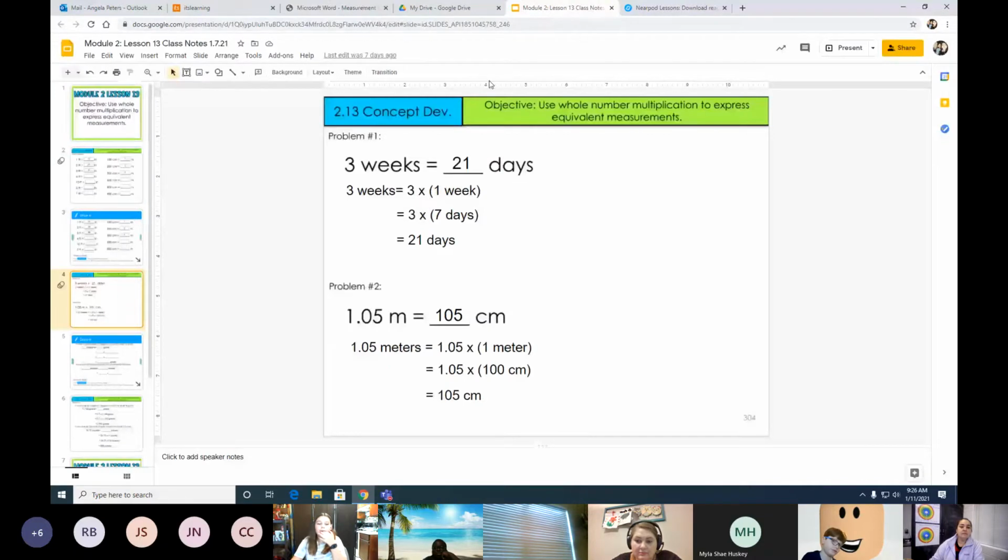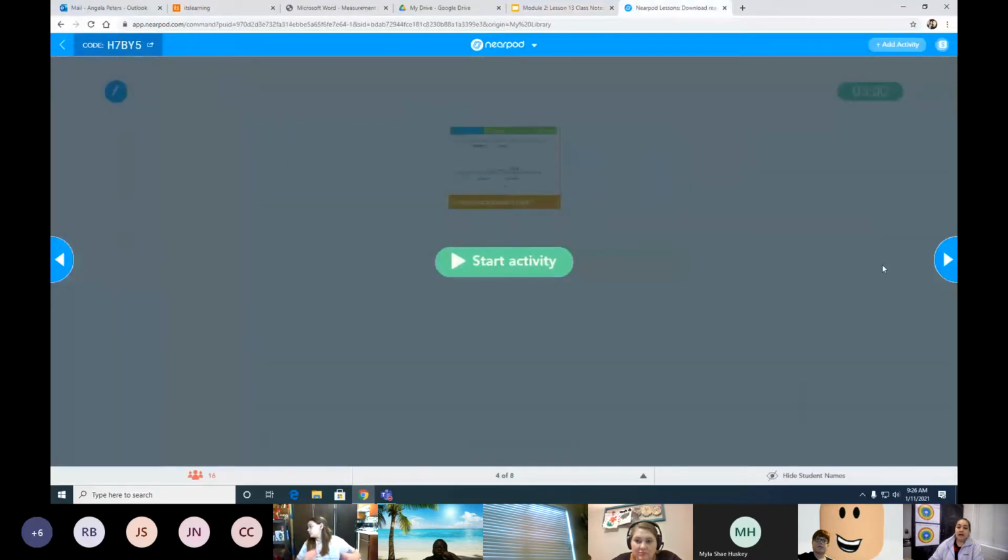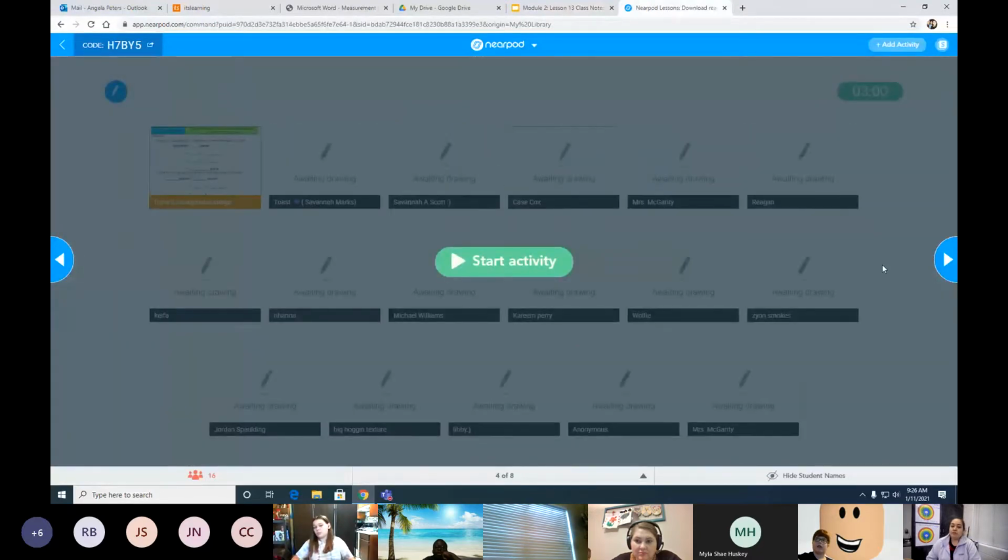1,000 grams. So what I have for you is on Nearpod, I am going to give you the opportunity to solve one of the 2 problems on the screen, okay? Do one of the 2. We're going to go over both of them,